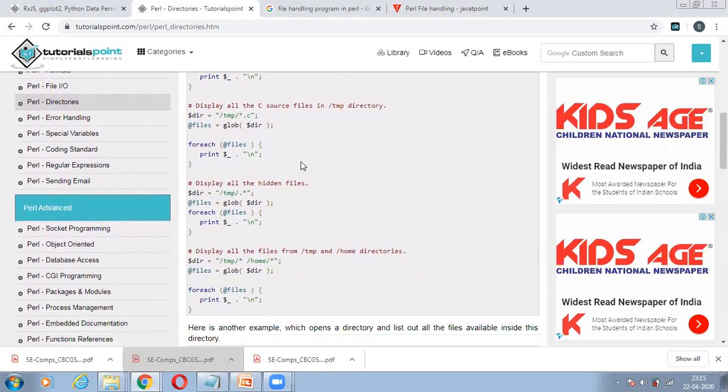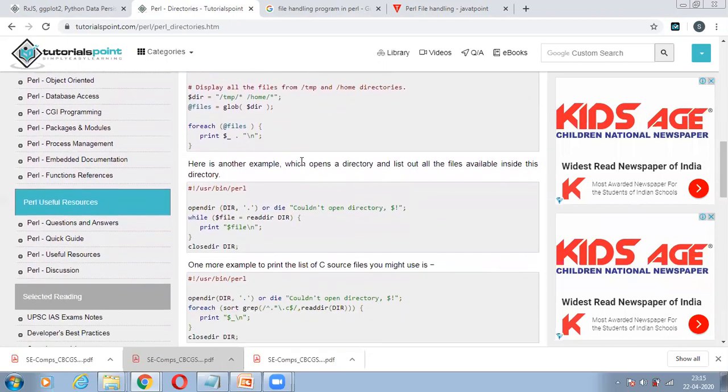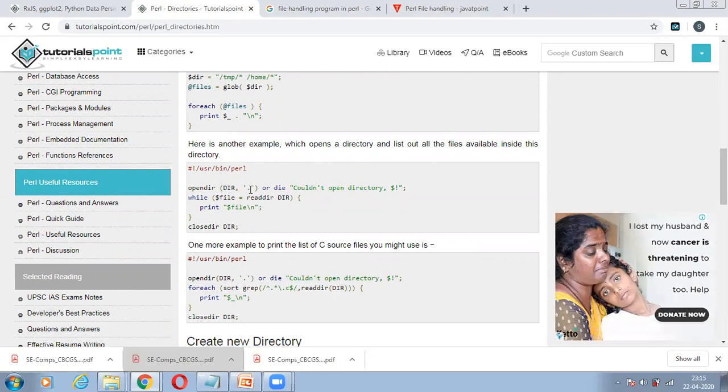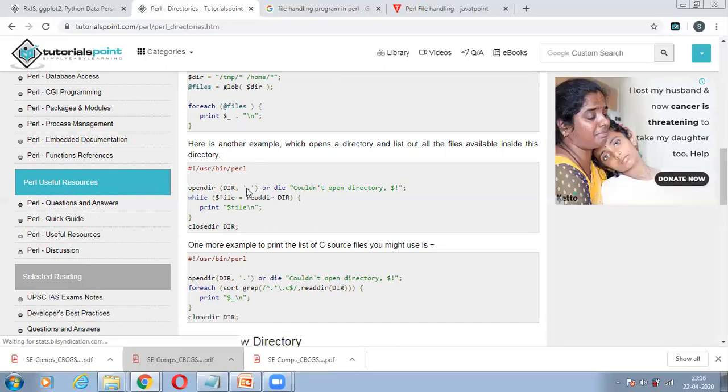So this is how the simplest program of handling a directory can be done. In a similar way you can create a command like open a directory. If it is there, then which kind of directory do I wish to open? Dot directory. Dot is what? This is the kind of directory which is hidden directories, right? So we wish to open such kind of directory. Now, if you wish to open files which have the extension .c, right? So you can see only C programming files in those directories. So you have to give this particular kind of command.